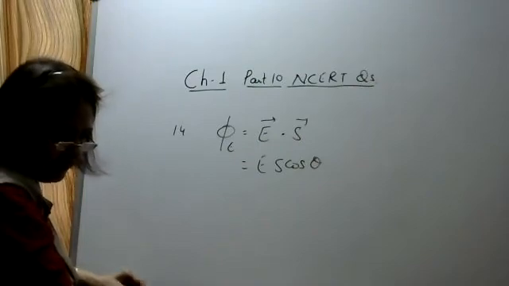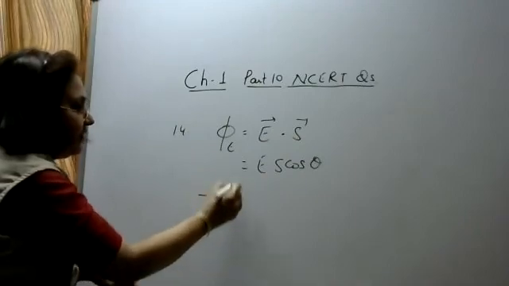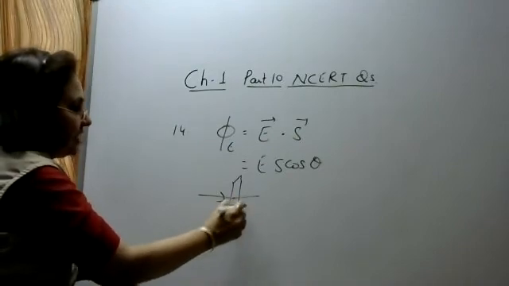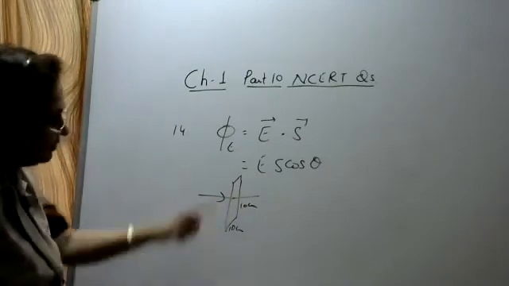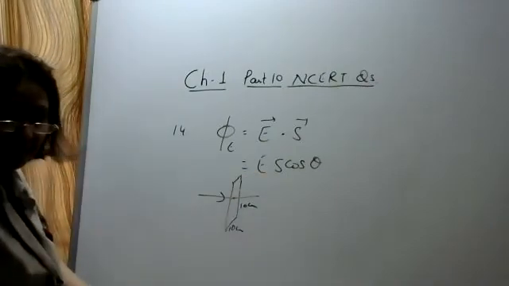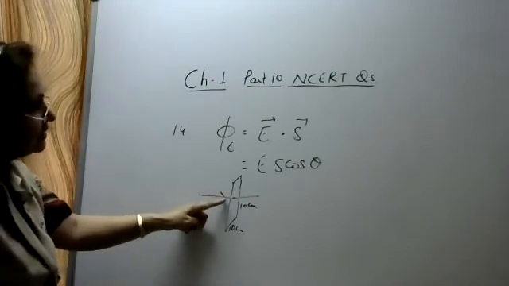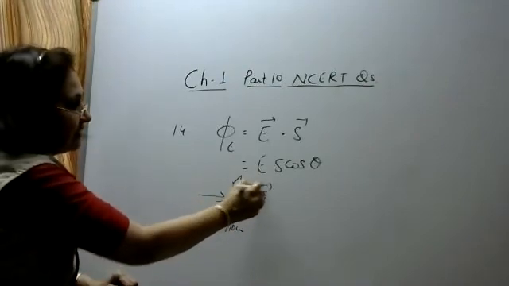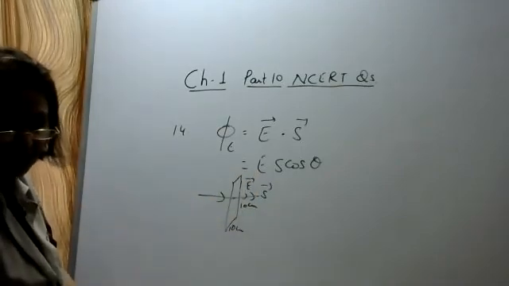Here the electric field is given along i cap, and this is acting along the YZ plane whose side is 10 centimeter, or square, 10 centimeter. So E into S, what will be the area? 10 into 10, 100 centimeter square, which you will convert into meter square. Okay, how? 100 into 10 raised power minus 4 meter square. The angle between the electric field and the area vector, what is the angle between them? 0 degree. Cos 0 is 1.